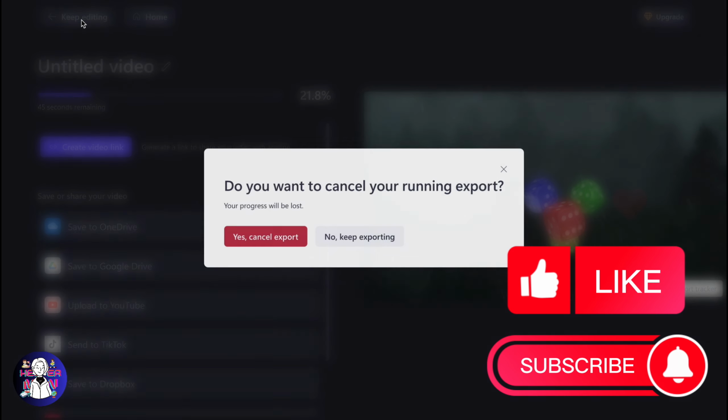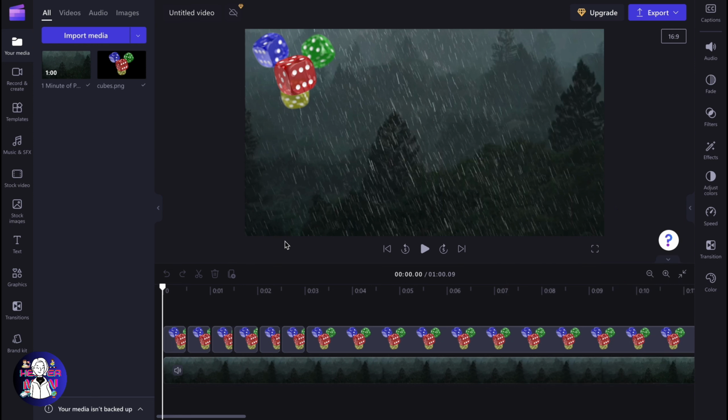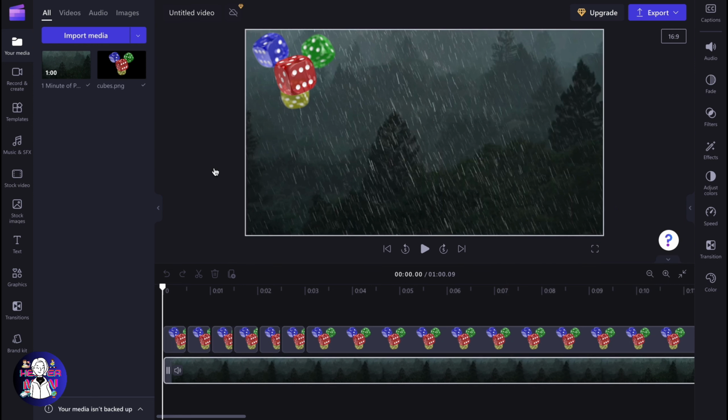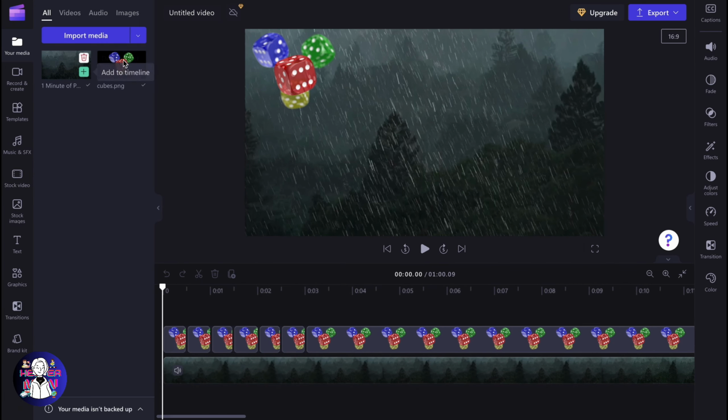Yes, we need to click editing. Basically, we'll come to this page. And from this page here, make sure that you have all the media inside of your folder. So go to your media right up here, and then just import all the necessary media you are trying to use on the project, on your timeline. So basically, sometimes ClipChamp loses some parts of your media, and they cannot export them because they don't have them